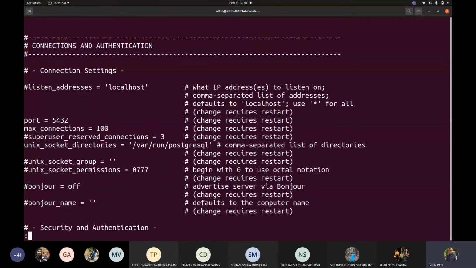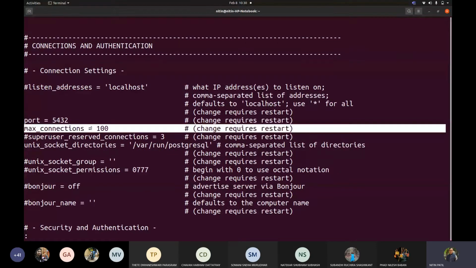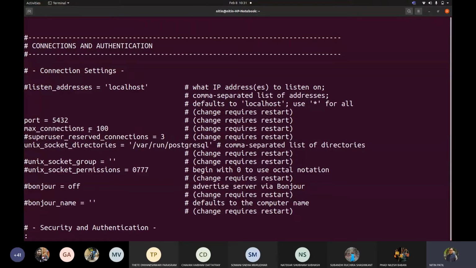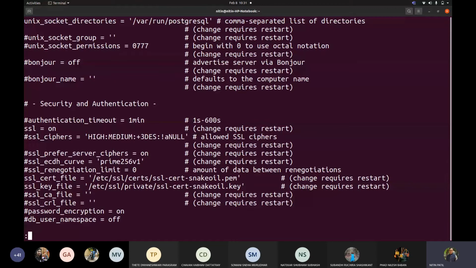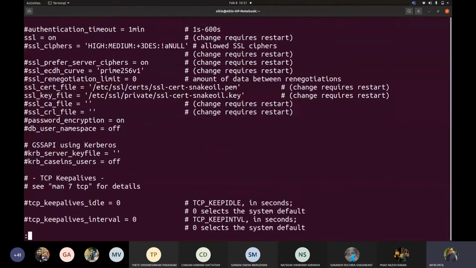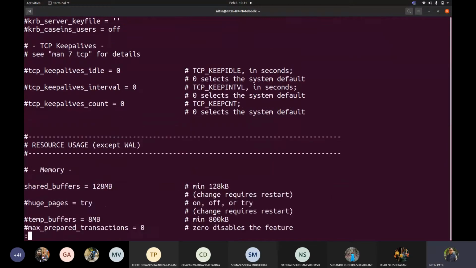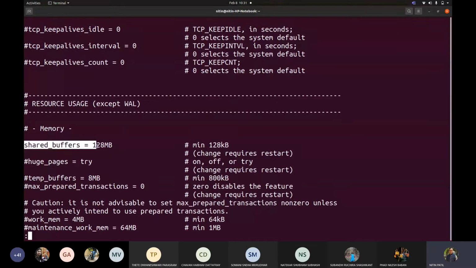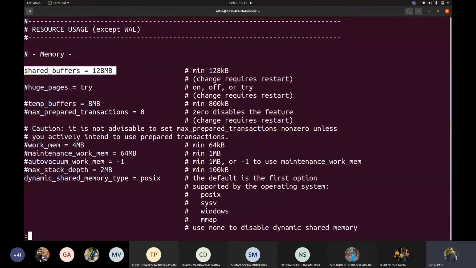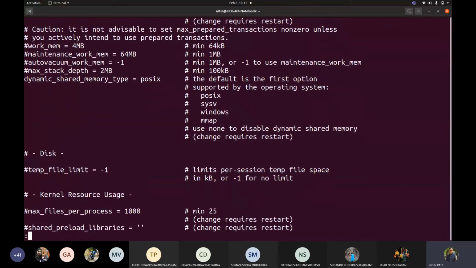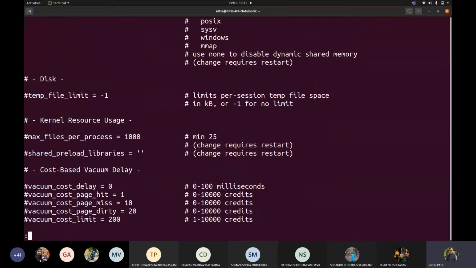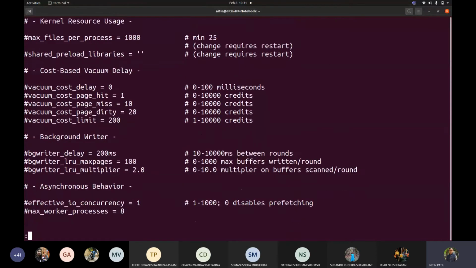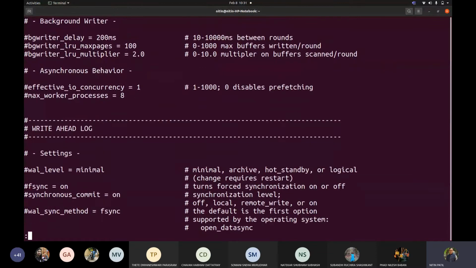For example, it has the maximum number of connections at a time a server can handle, how many client requests can be handled. 100. Okay, now this is a fixed size. Let us try to search this. So shared buffer size again is 128 MB. This is the default size given, correct? You may change it depending upon the hardware available at your end. What are the hardware capacity that you have at your end?